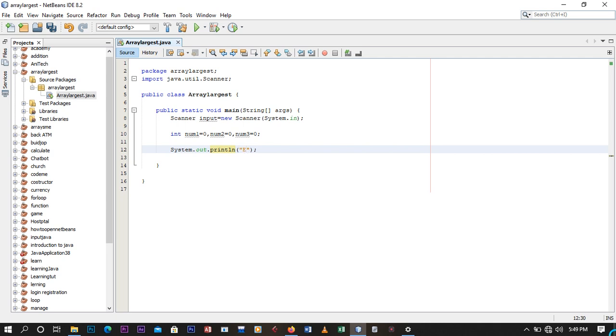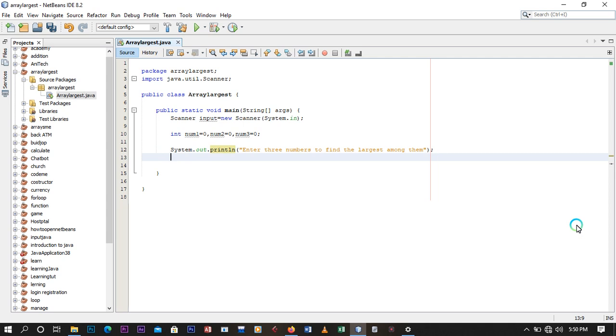So enter 3. Let me use 4. No, 4 is too much. Let me use 3. Enter 3 numbers to find the largest among them.